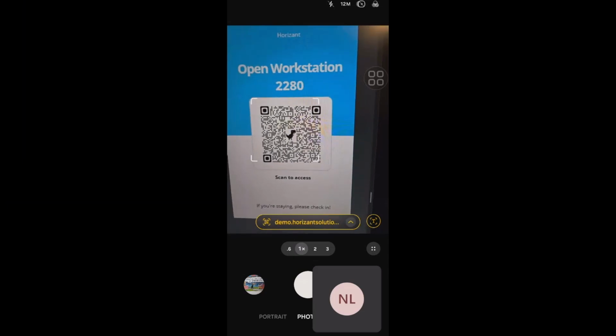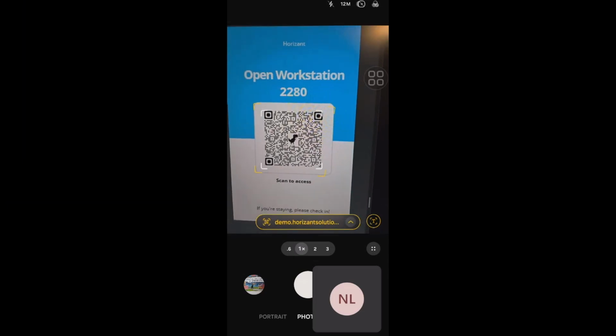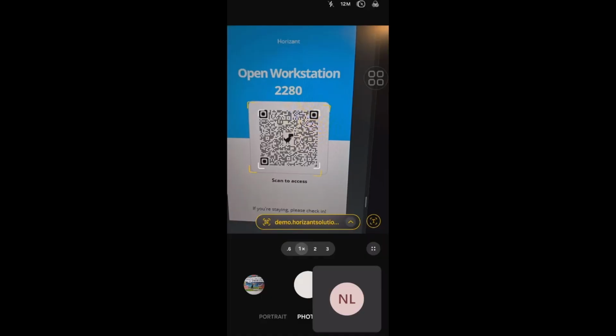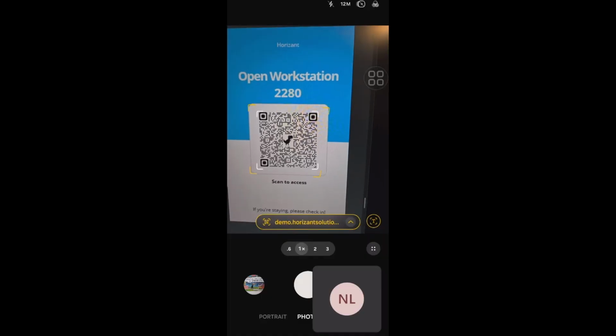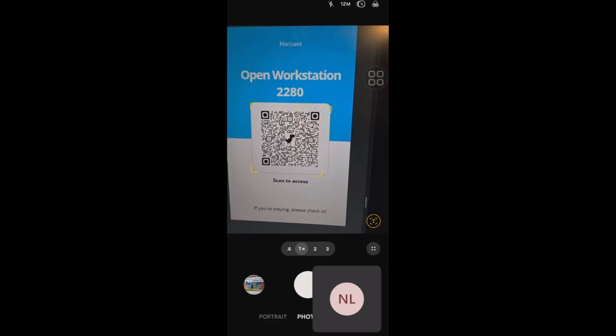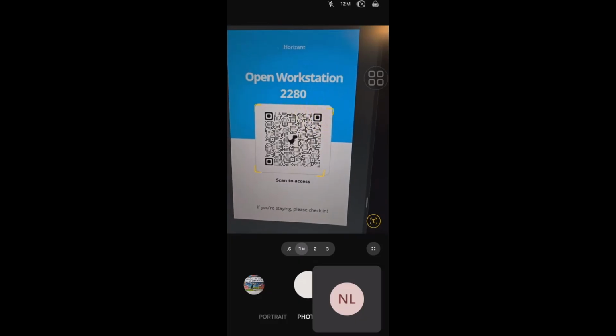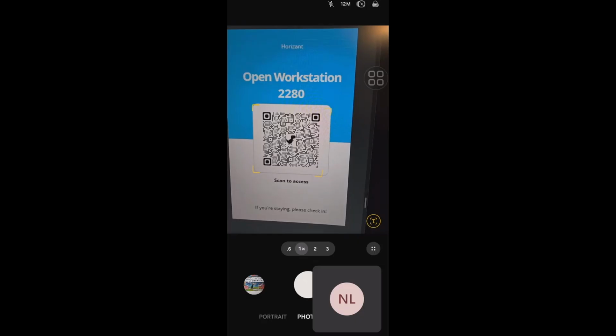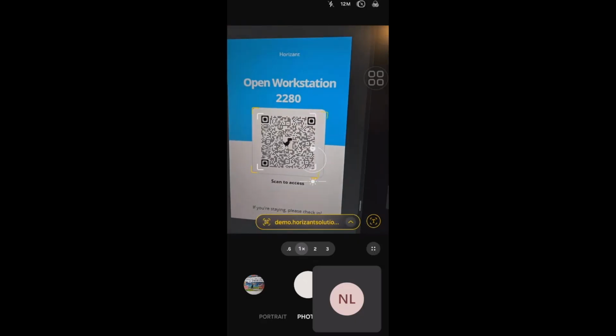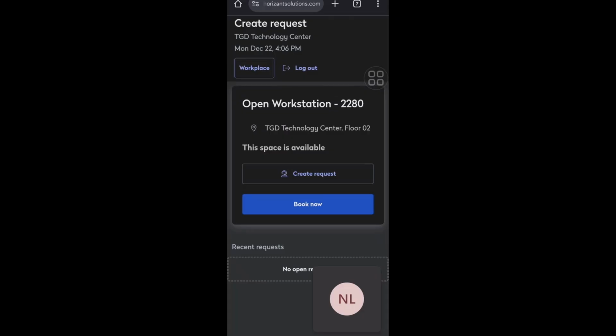From the mobile device, I do actually have the option to go directly to the Workplace interface, again, either through the web page or the installable app, but I'm actually going to add an extra layer, an optional piece here where I might have a QR code attached to a location, and I'm going to actually leverage that to link me directly to a page specific to that location. So I can see here it's actually linking me to that open workstation, and I have the option to create